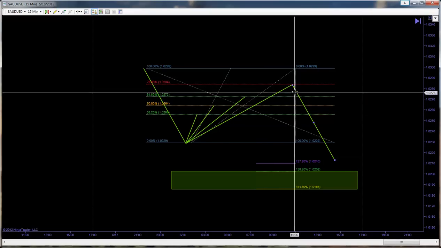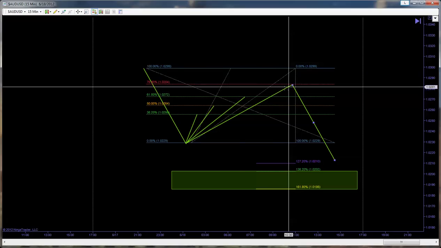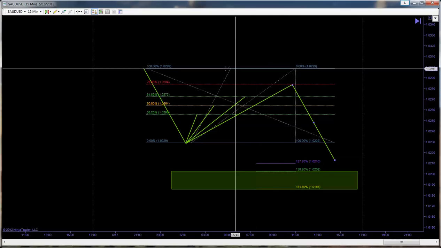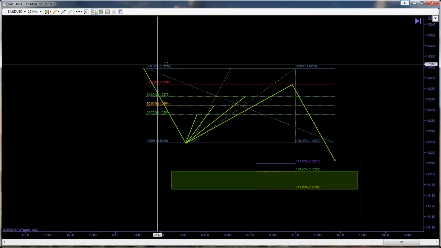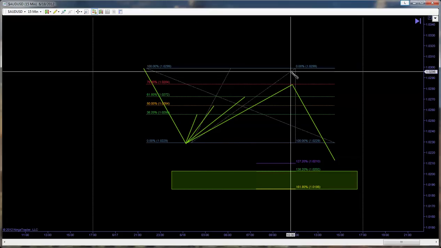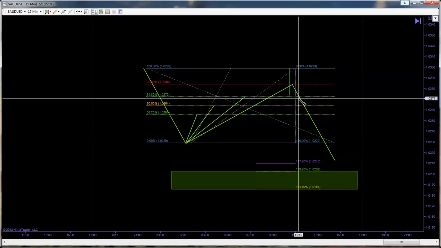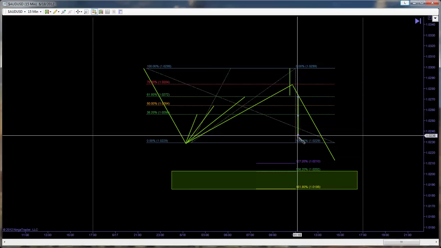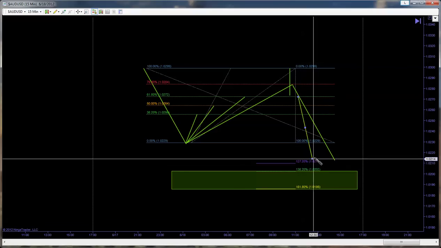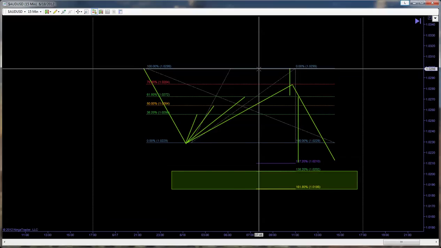Ideally, you want to be taking trades to short a market like this somewhere in this zone, because your stops would normally have to go above structure or this swing high. So you're risking somewhere in this neighborhood to make somewhere into this neighborhood or this neighborhood. So from a risk reward standpoint, you can see that if you take a trade here,